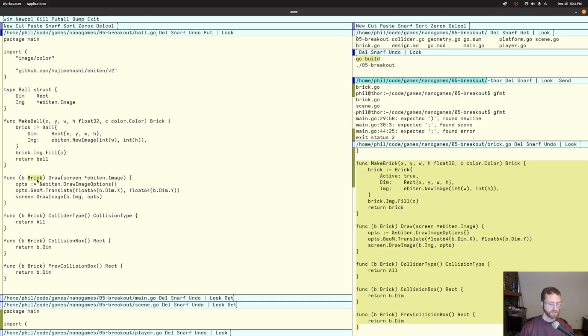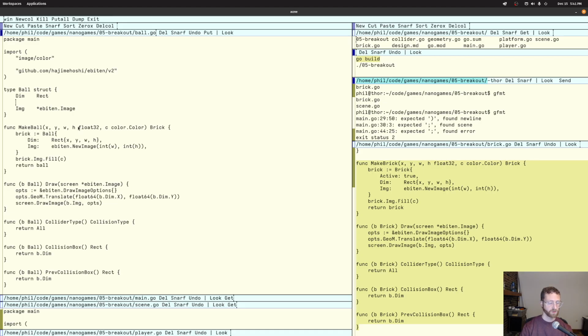Then, of course, we'll draw the ball with that, and then we'll just have a collider on the ball, and it's going to use an all collider just like the brick will, and that should be good. So we'll return the dimensions. Oh, actually the ball is moving, so